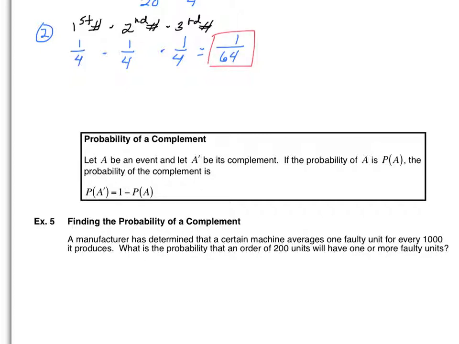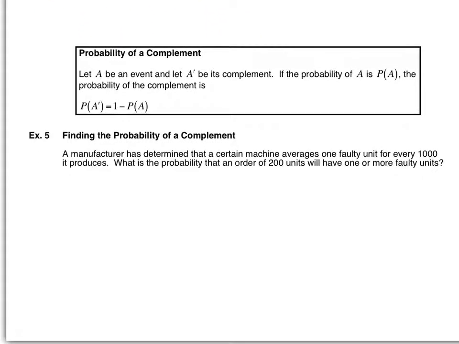Well, if 4 are an ace, then 52 minus 4 is 48, so 48 out of 52 would be the complement, which would be not drawing an ace. So that's really what a complement is, and that's what we're going to use here. So a complement